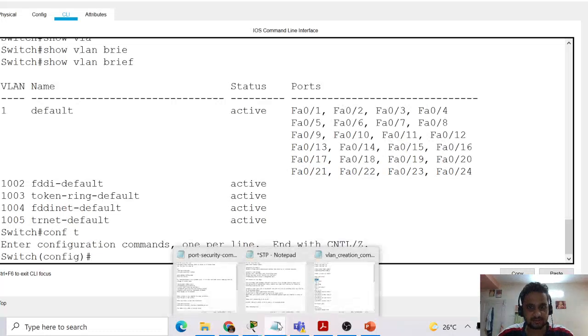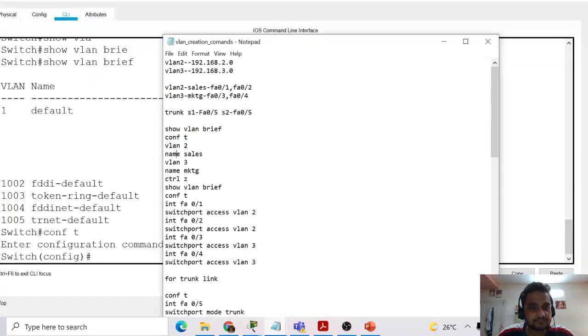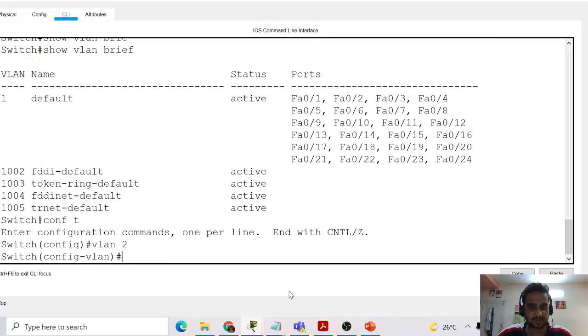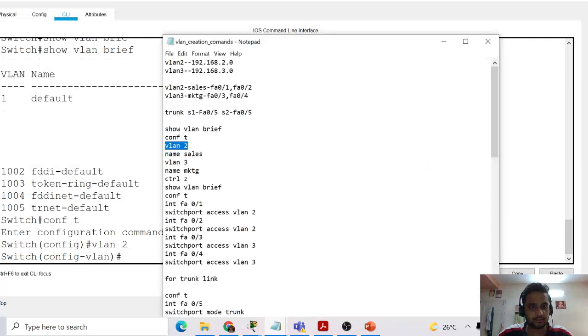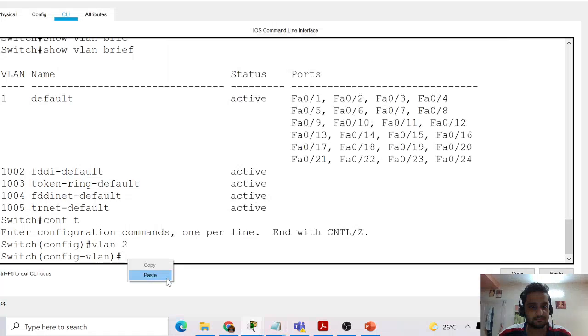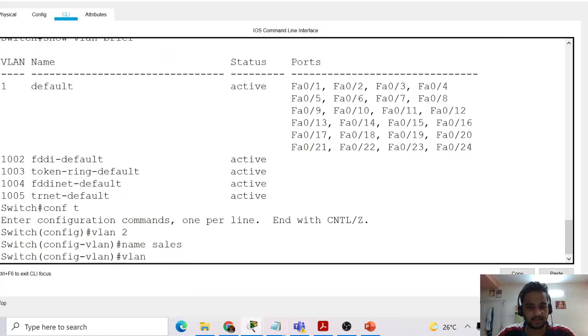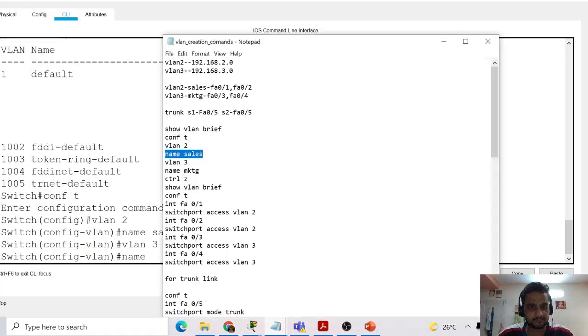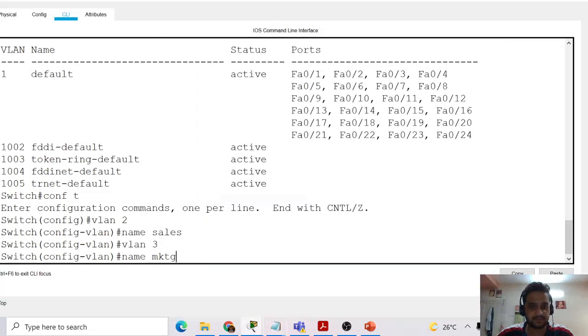Let's quickly create the VLANs. VLAN 3 name mkTG.